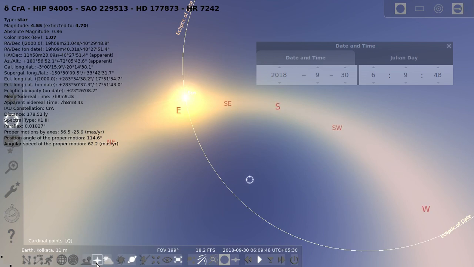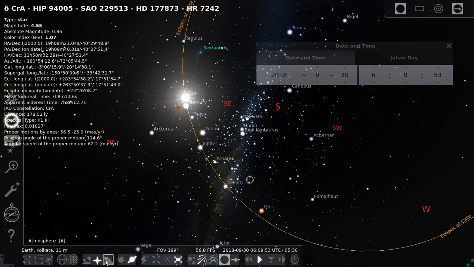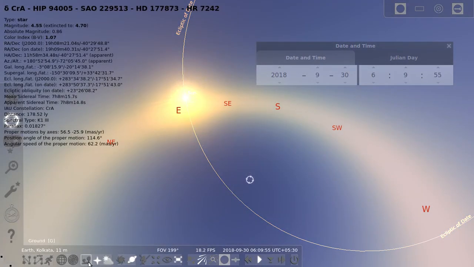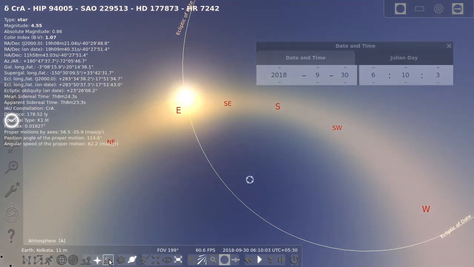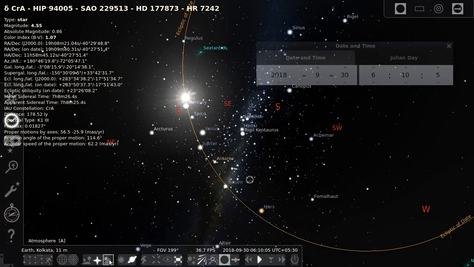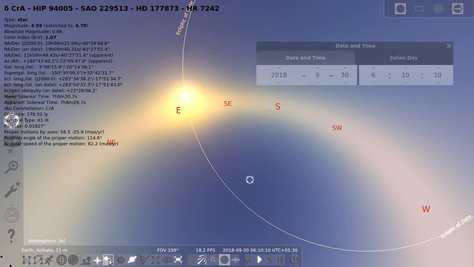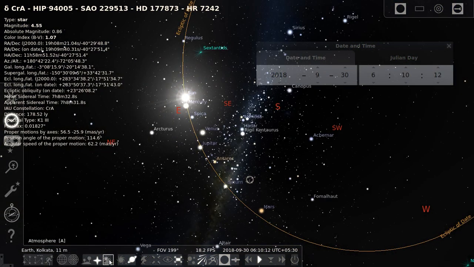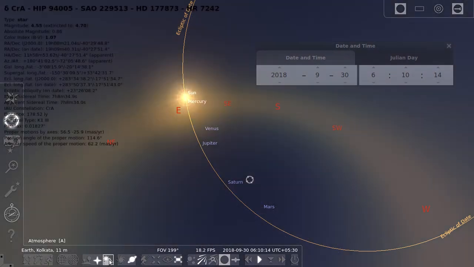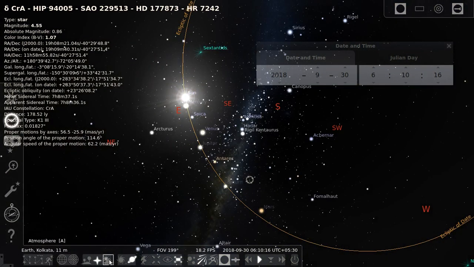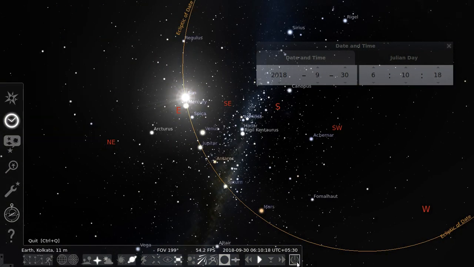This is the atmosphere tool which is used to darken the sky. The ground tool is used to show or hide the ground, so we can see the stellar objects beyond the earth. Next, the atmosphere tool is used to darken the sky. I am clicking, it is darkened. You can show or hide the sky, that is the black color, darkening. So we can quit from this.